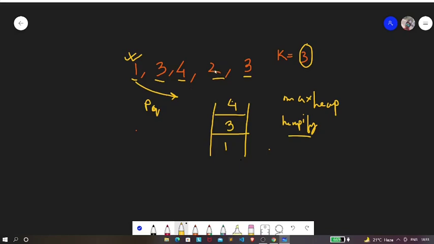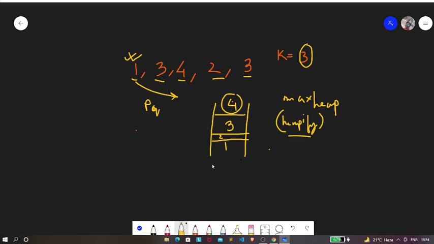we need to push this 2. Now when you push this 2, our 2 will come somewhere over. You can consider that this 2 can be anywhere. We don't care, we only care about the top of the heap. The top of the heap should be greater as compared to all the other elements. That's what we actually care about. We don't know where our 2 can be, 2 can be over here also, or over here also. It all depends upon the heapify.